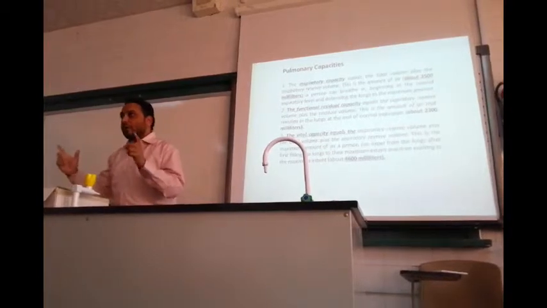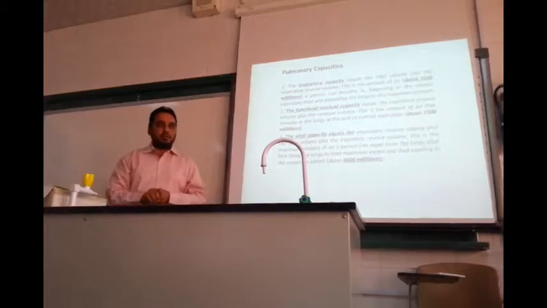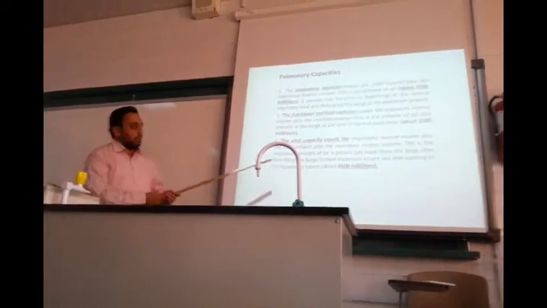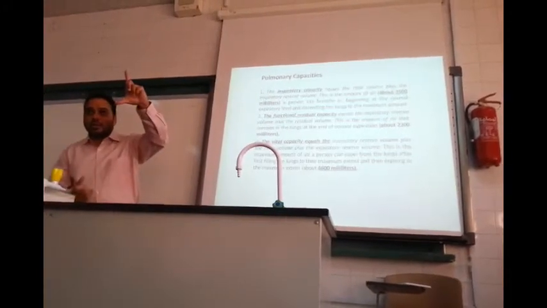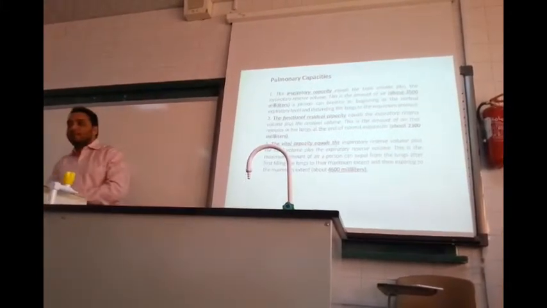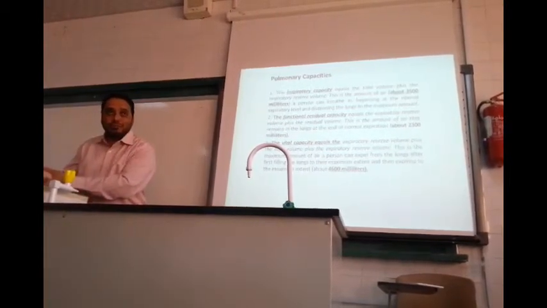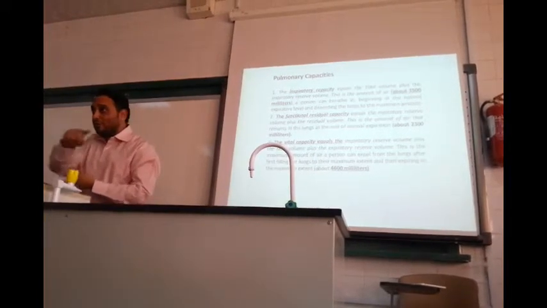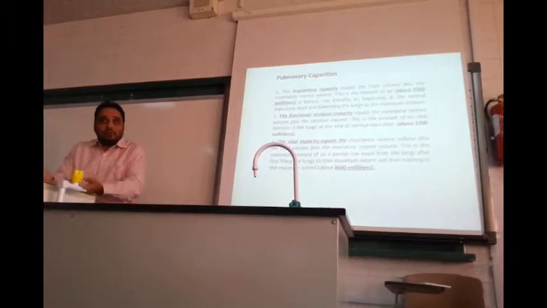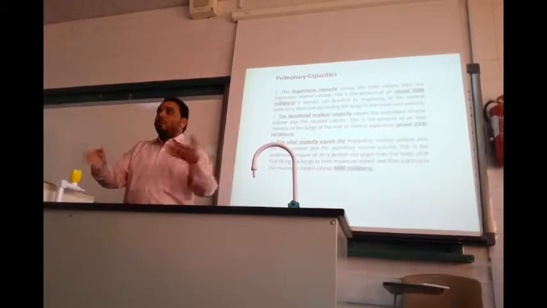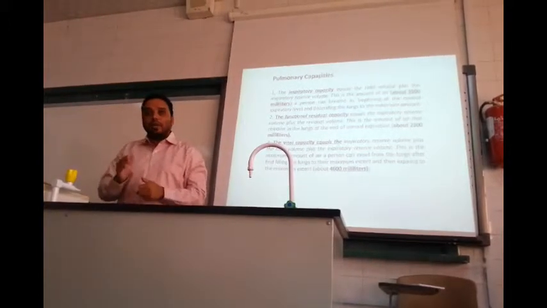This is called vital capacity. That's been one cycle of respiratory. Vital capacity will include inspiratory capacity and expiratory reserve volume, because we cannot touch the residual volume. Why can we not include the functional residual capacity in it? Because the residual volume we cannot touch, we cannot record, it doesn't come out. So vital capacity will be inspiratory capacity plus expiratory reserve volume.